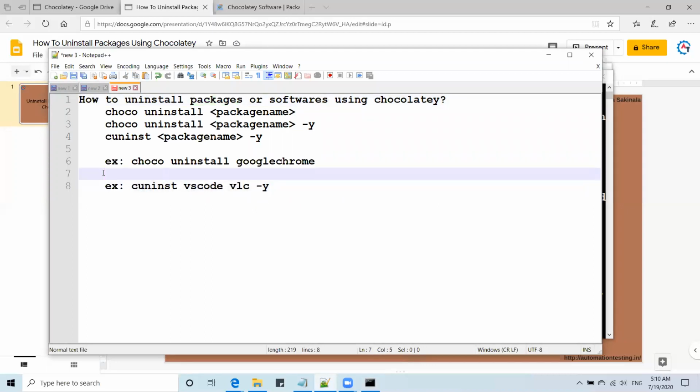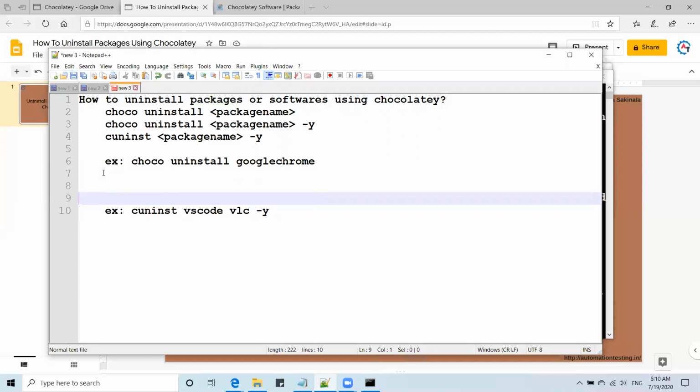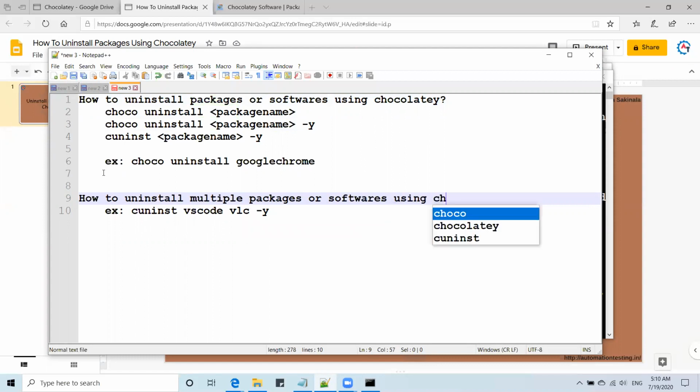How to uninstall multiple packages or software using Chocolatey. This is the command.